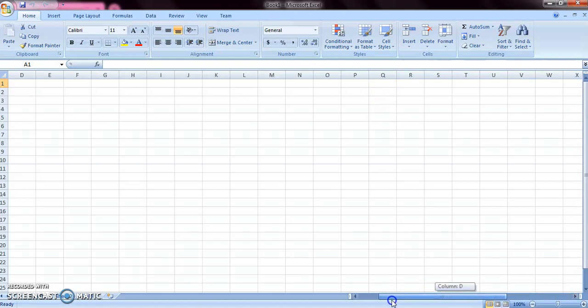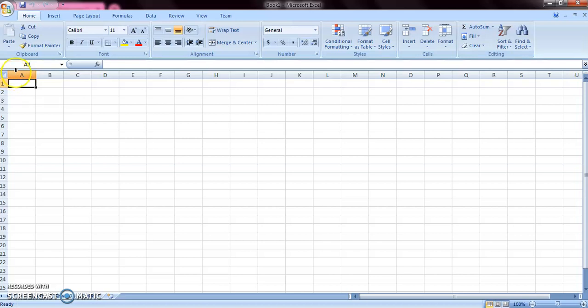So, how many rows or how many columns does each worksheet contain? You can see there is column A and this is row 1, and between these there is a button here. Whenever you place your mouse pointer over here, your mouse pointer changes to a hollow plus shape.